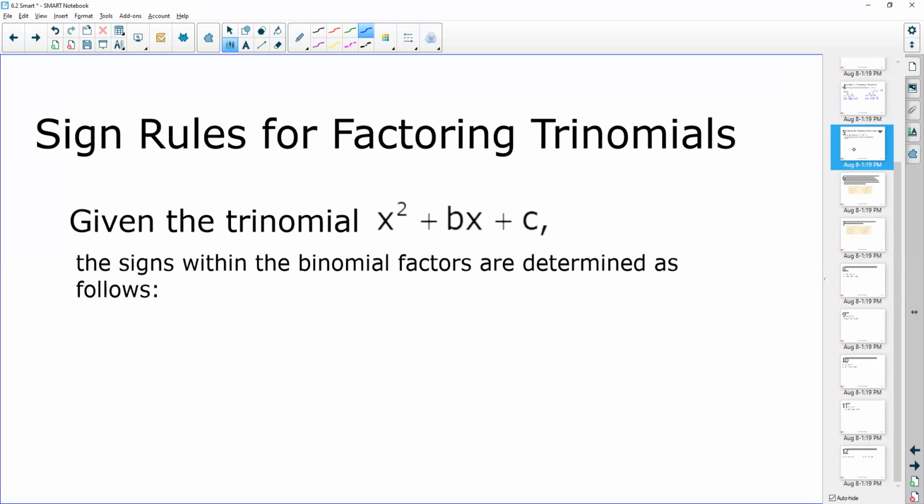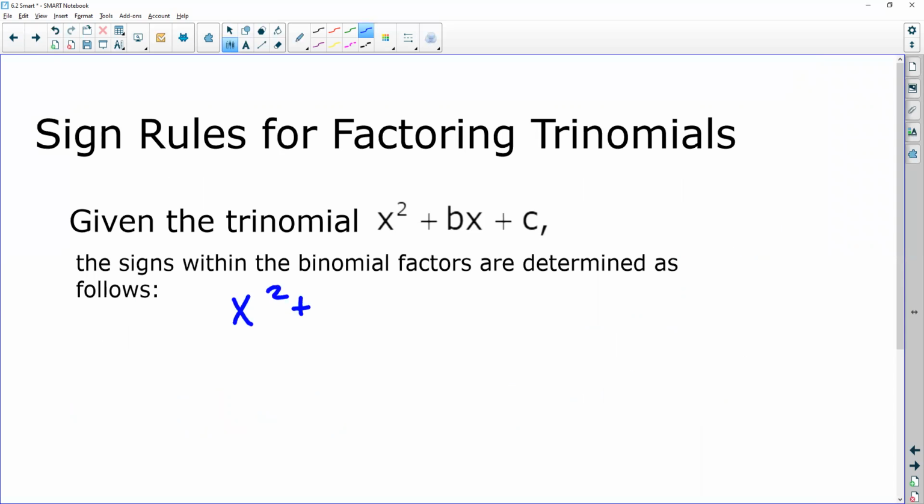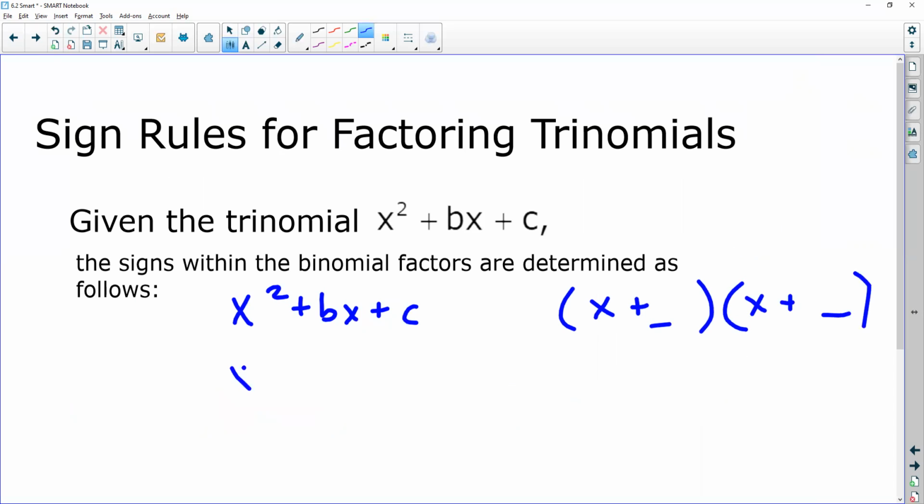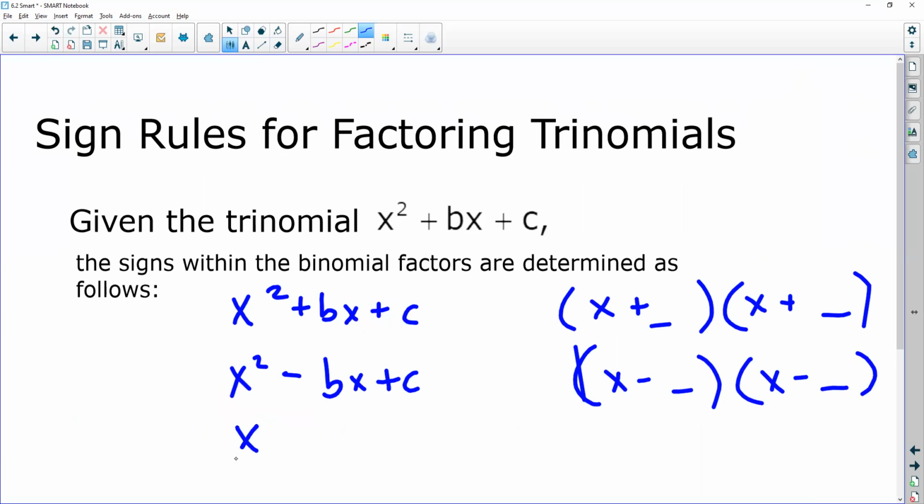So if I have x squared plus bx plus c, it's always going to be x plus something, x plus something. If they're both positive, it's just going to be positive. If it's x squared minus bx plus c, they're going to both be minus, x minus something, x minus something. And then if they're mixed, if this is a plus and